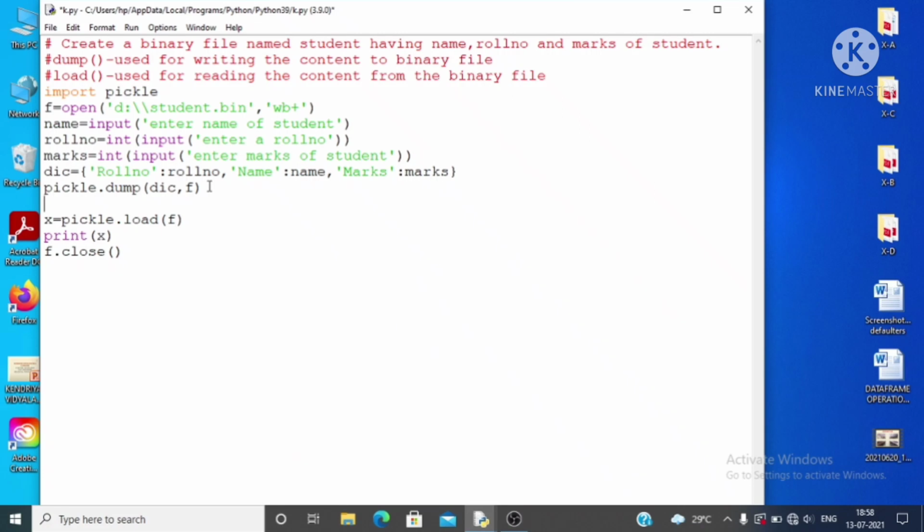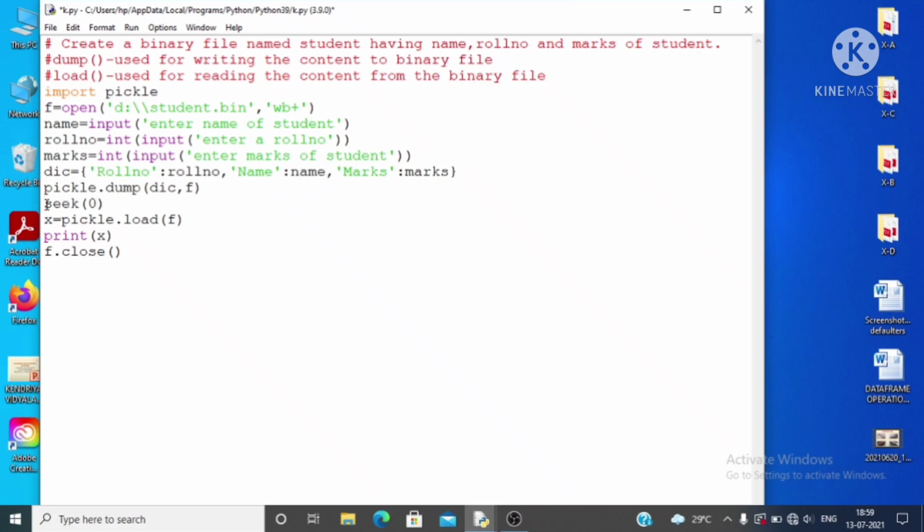So for reading the content of the file, you need to move your file pointer to the beginning of the file. For that you need to use the seek function. The seek function is there for moving your file pointer anywhere, and since you want to move it to the beginning of the file, inside the seek function the index value 0 is given.